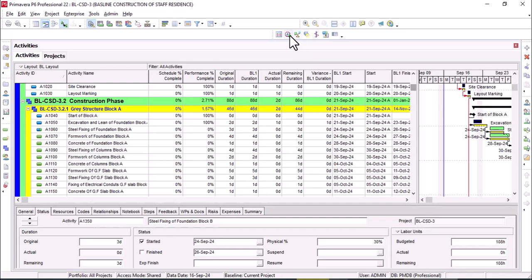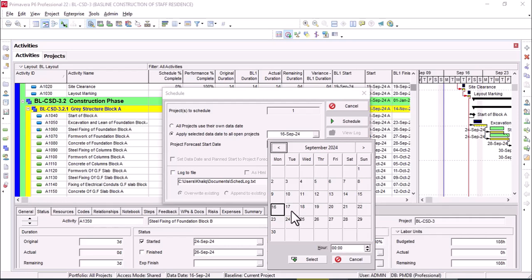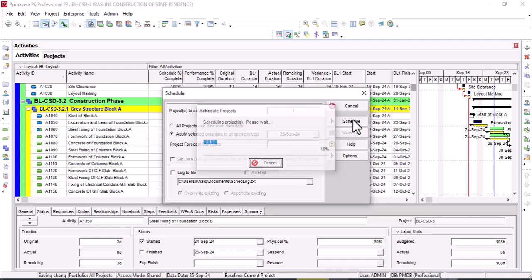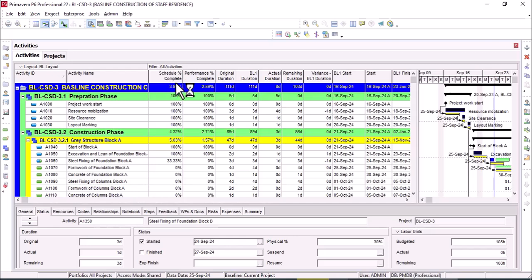So go to schedule, here select the date as 25th of September, schedule from 25th of September and schedule it, and you can see the result. Schedule percent complete is 3.92, performance percent complete is 2.59, original duration is 111, BL duration is 111, actual duration is 8 days. There is a minus 1 day variance and that will be compensated